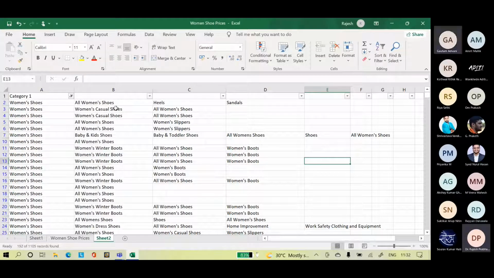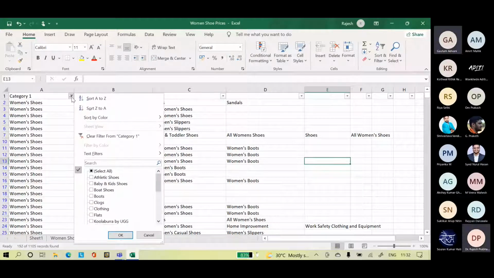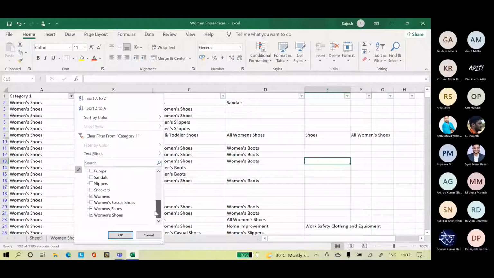Basically, if you can see here. If we categorize shoes, sneakers, heels, and boots under all women's shoes, then women's shoes will be the umbrella category. So, sir, I think we need to create that, and sandals also will come under women's shoes. Then I think we need to create one umbrella category. So umbrella category women's shoes, we will create it as a separate column. That we can create a separate column, right?